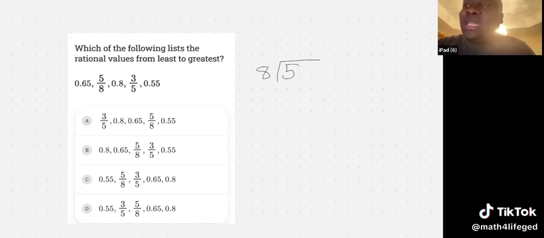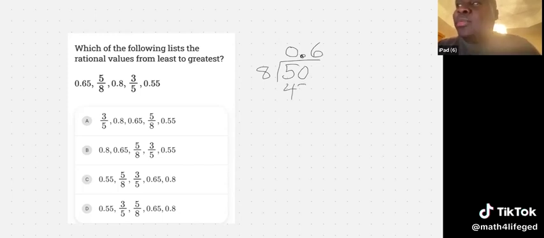Okay, so how many times does 8 go into 5? Well, 8 cannot really go into 5 because 5 is too small. So it would be 0 times. And then if we want to continue, we add a 0 and we put a decimal point, right? Because there are no other numbers. And if we add a number in the back of the 5, that means it has to go into the decimals, right? Now, how many times does 8 go into 50? Well, by now you should know your timetable, right? So 8 times 6 is 48. That's the closest number. So 6 times, that's 48, right? 6 times 8, 48. Now we subtract,